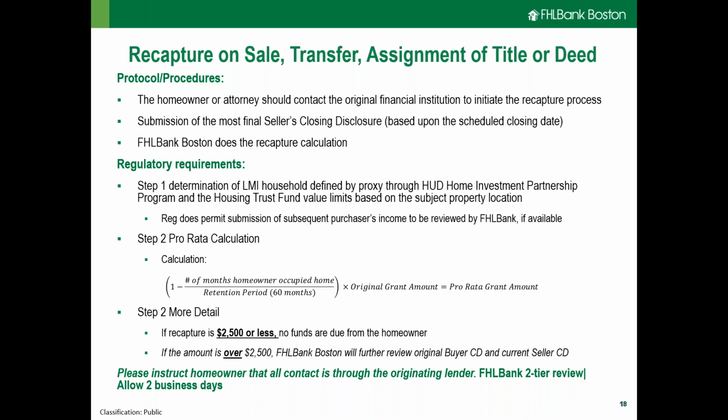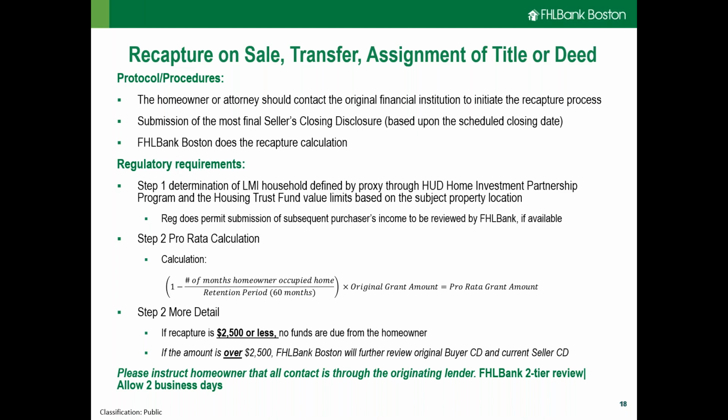So if you're looking at the pro rata because they either are not eligible for the proxy or the proxy does not eliminate it, if the recapture is $2,500 or less based on that pro rata, nothing is due from the homeowner. If it is over by $1, we then go into a further intricate calculation that's based on household investment,